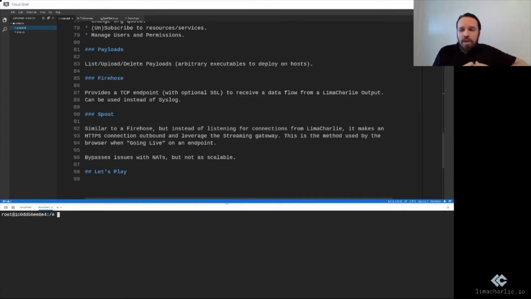and you actually use it all the time in your browser when you go live with the sensor. So the way that we can have LimaCharlie, instead of having LimaCharlie reach out to your box, which sometimes has issues with NAT, so network address translation on networks,